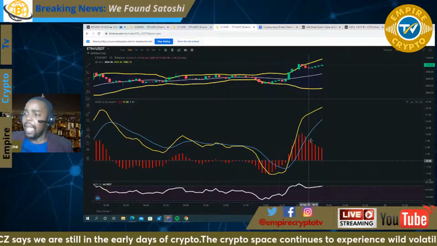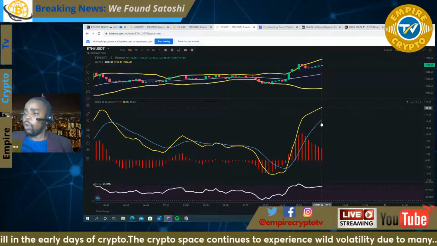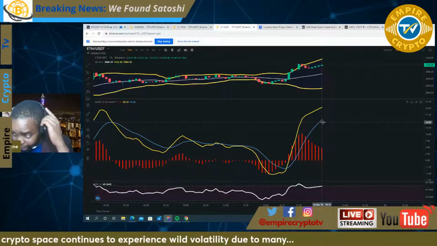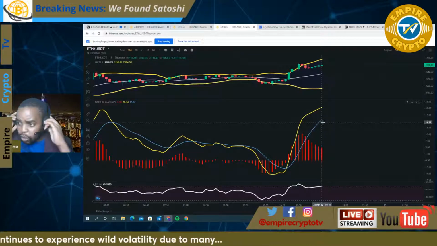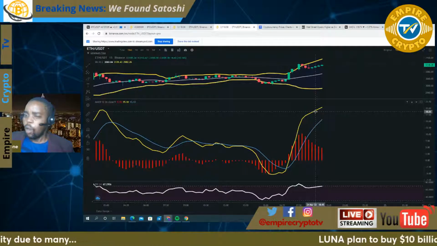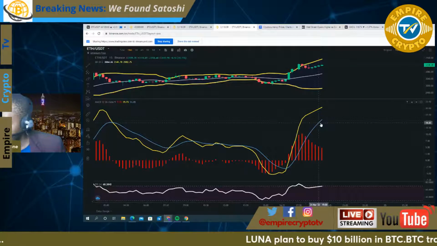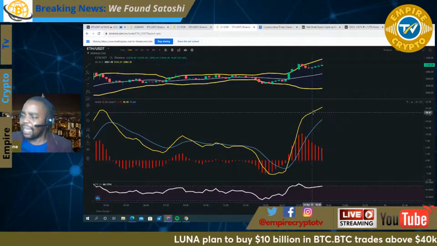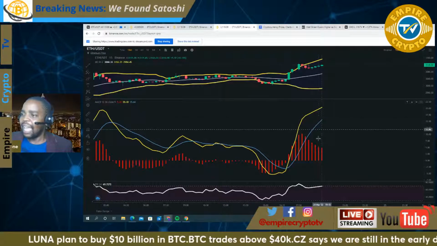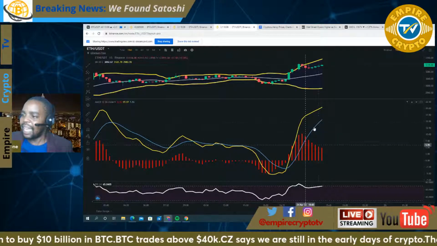And then if you look right there on the top with the latest movements or the latest trend that is forming, you can see that the slower moving average and the faster moving average, which is the signal line and the MACD itself, are apart from each other. And that shows that this particular uptrend is still going on strong.